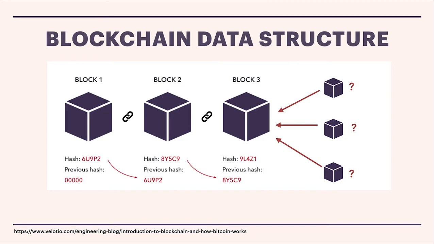the actual data structure of blockchain, which can be represented by this picture. Essentially, blockchain can be likened to a linked list where you have one block which has the hash, which is a one-way hash, essentially an encryption of the data that's within the block. And it also has a reference to the previous hash, which is therefore the previous block. And then that block has the hash of the previous block, and so on and so forth.